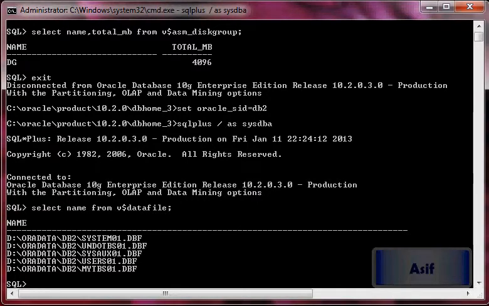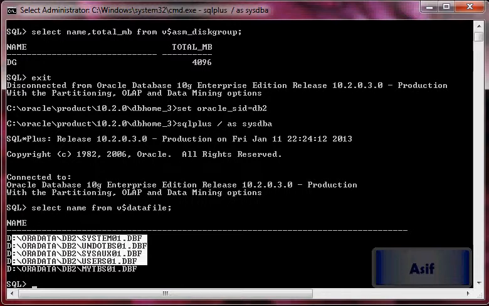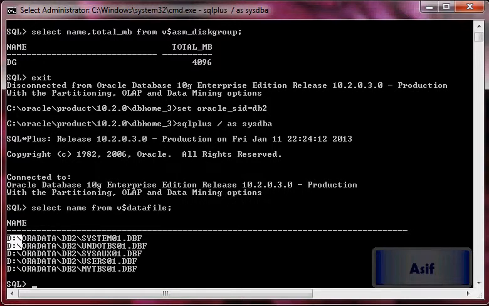In RDBMS instance, the database name is DB2. This database has got 5 different data files in cooked file system.